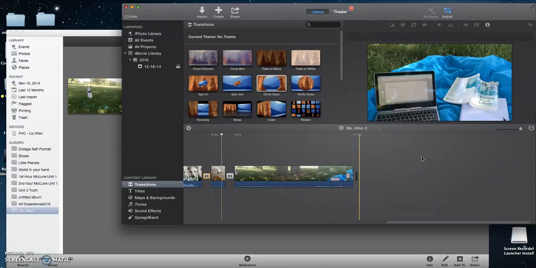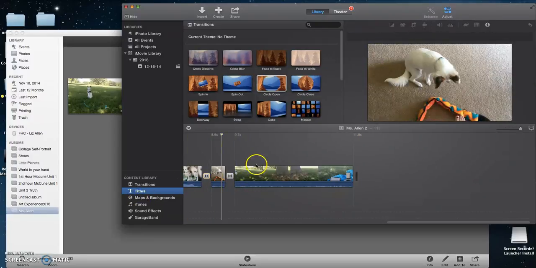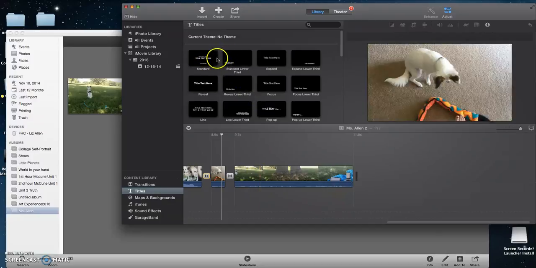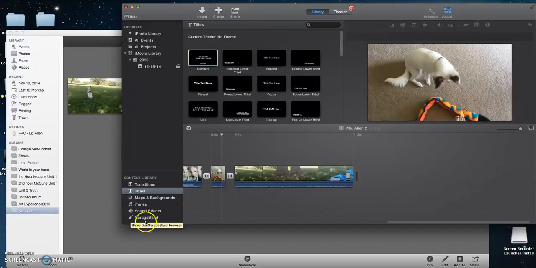But just a few things. Just the simple things, I don't want to bore you just going through the simple things. You can add these little transitions. I can go in and add a title, and you can get these ideas of titles and how that title is going to look and the text that you want to choose. You can also add different frames. I can go in and add sound effects down here on the bottom left. All of this stuff can be added, and the best thing about this too is really, even if you're just